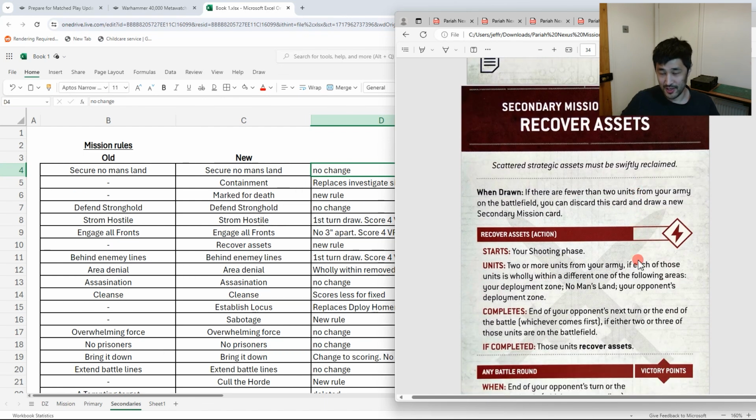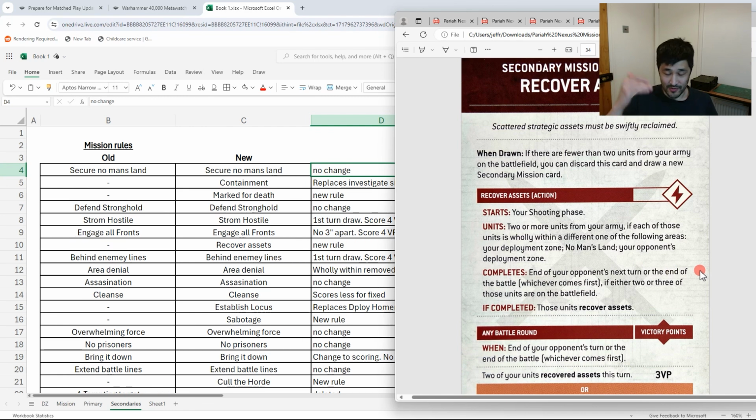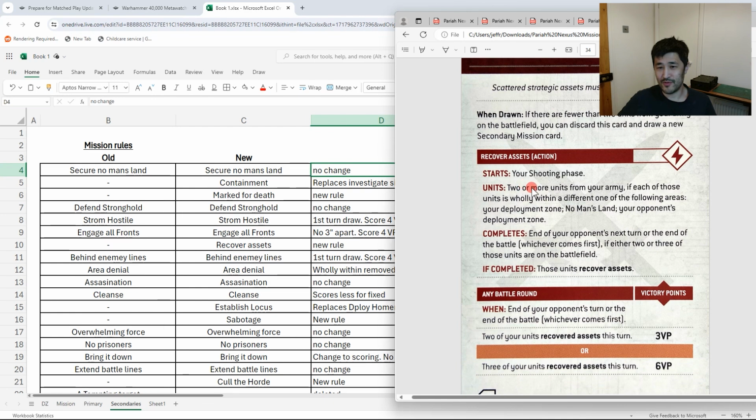Okay, recover assets is brand new. It's an action. Okay, so this takes a bit to talk through. It's quite easy once you get it, but this is 2 or more of your units in your army that are wholly within a different area of the deployment zone. The areas are no man's land, your opponent's deployment zone, and your deployment zone. So at the end of your opponent's next turn, so these have to survive to do so, you basically have to do the action, you give up shooting,